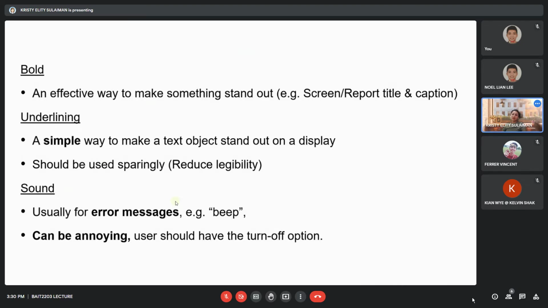Those are sound effects that attract the user's attention, so it can be annoying as well. If you want to enable this in your UI design, you need to also provide a turn off option, because your user might not like it. Okay,